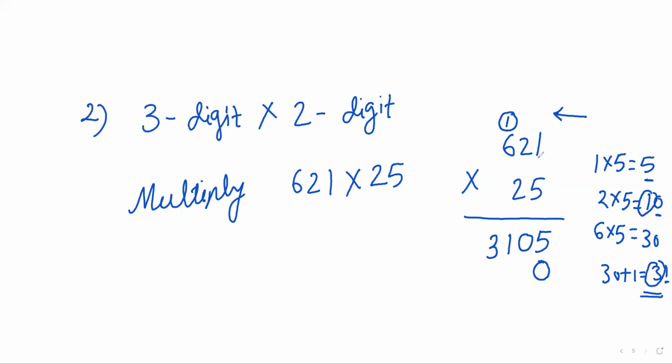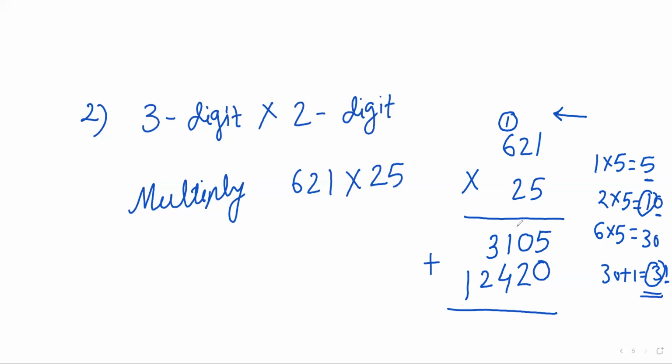What will we get? 2 ones are 2, right? Here there is only one digit, therefore no need to take carry. There is no carry, so we will write this 2 as it is. Okay, now multiply the second number by 2. Here 2 2s are 4, right? Now multiply this last number by 2. What will we get? 6 2s are 12, right? And now we have to add these 2 numbers, right?